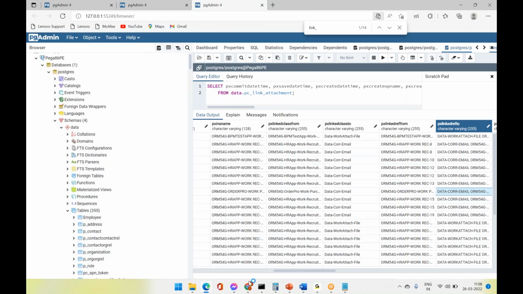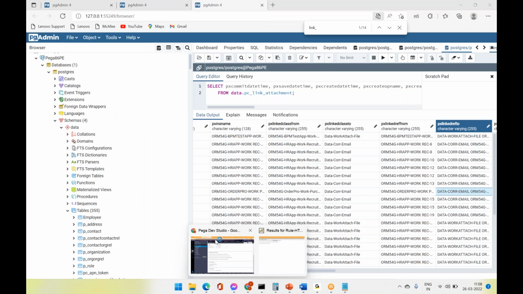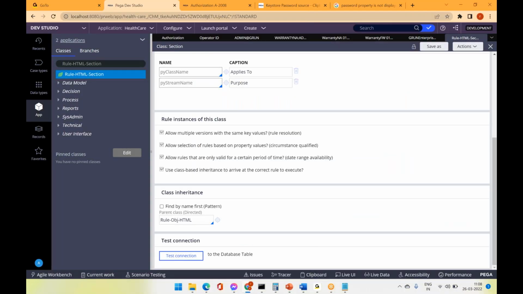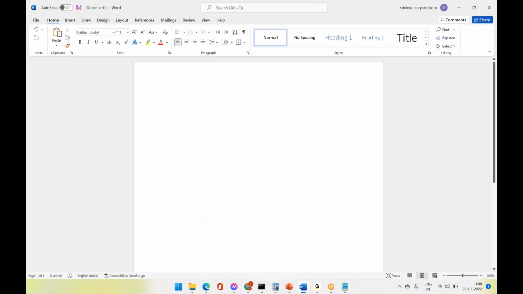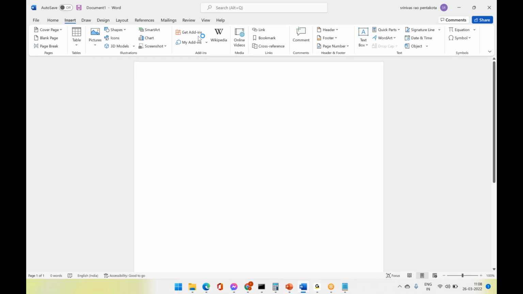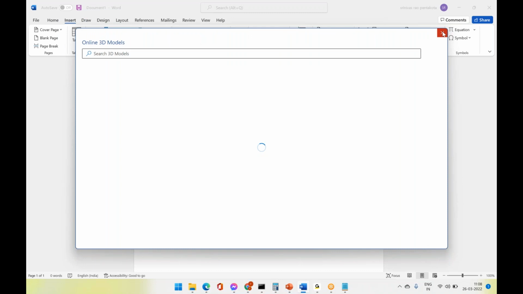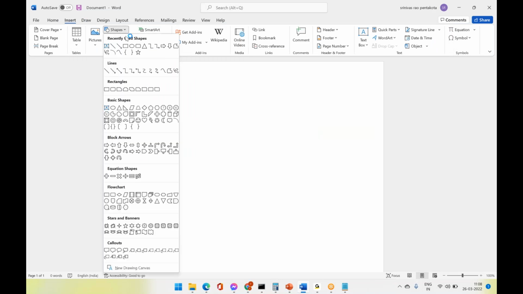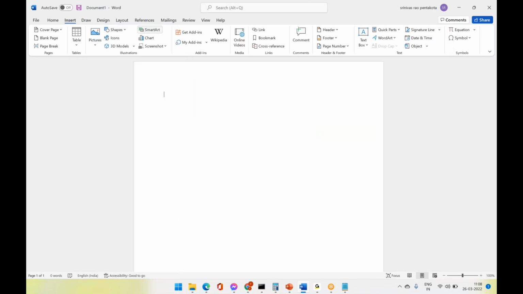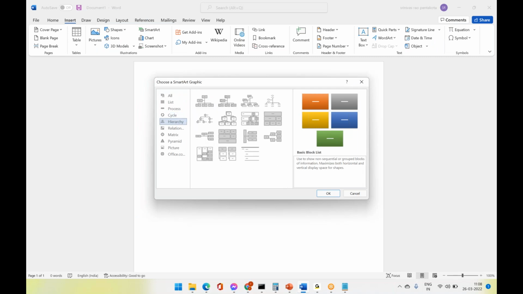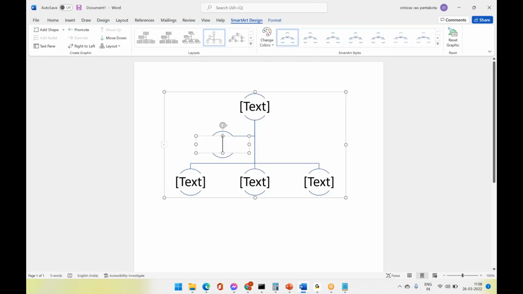Let's go further to the rules we created. In general, we need to know the hierarchy, the different types of classes that are available. So in general, the major focus is on